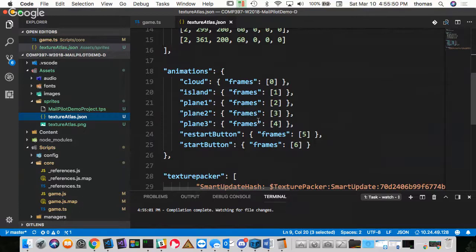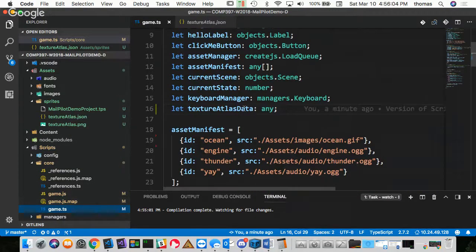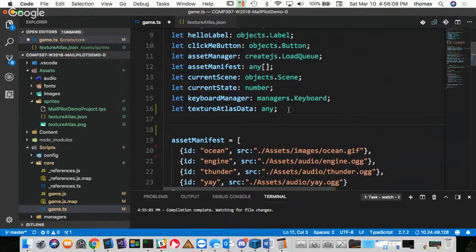I'm a little lazy. I don't want to put together a new class just for my data, right? That's what I need to do. Or a struct. Think about it as a struct in C++ or Java. I don't want to do that. So I'm going to leave this alone, and I'm going to use any as my reference type for now, my data type. But I also need some kind of